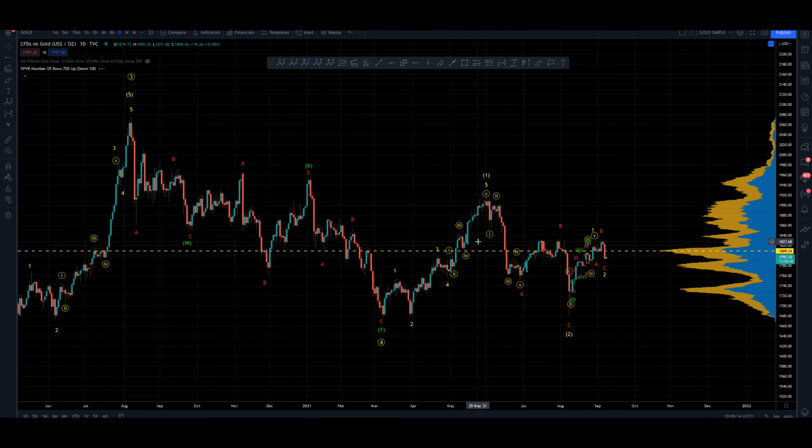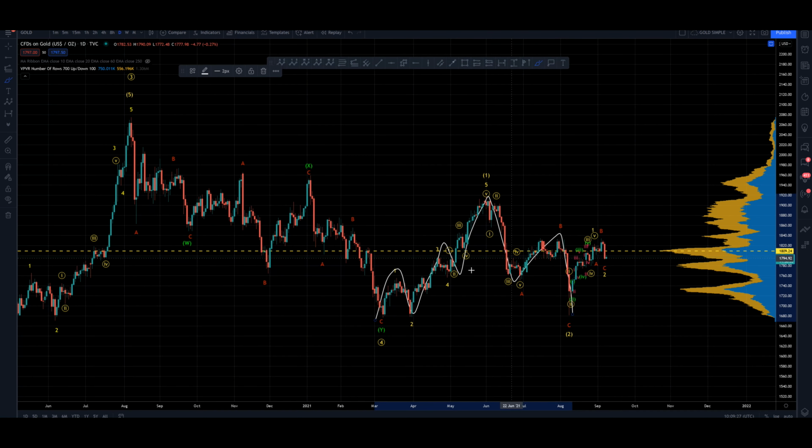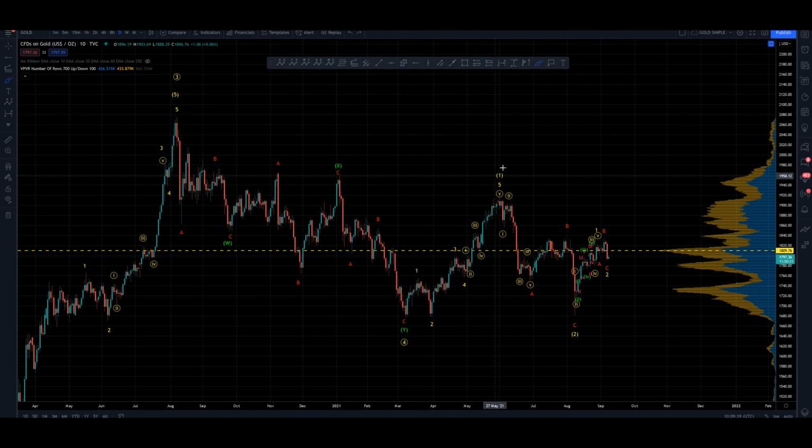But the thing is, we had what looks like a 5-wave impulse off of that March low, and we've had what looks also like a 3-wave move back. So, 1, 2, 3, 4, 5 up and 3 back, with an extension in the 5th wave rather than the 3rd wave here. The 3rd at minor level was longer than the 1, so that's not a problem. It can be shorter than the 5, and that's still a legal impulse into an intermediate wave 1, and then a 3-wave move down into the intermediate wave 2.